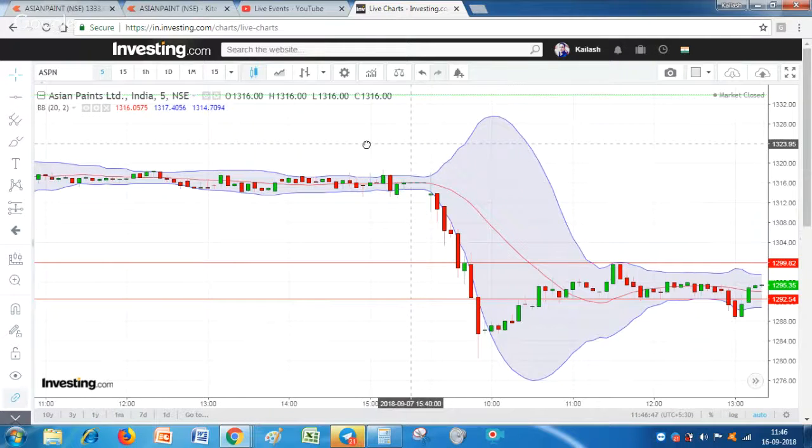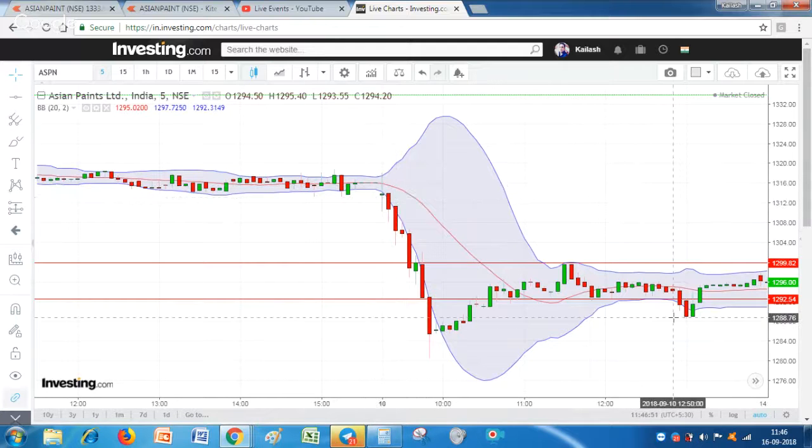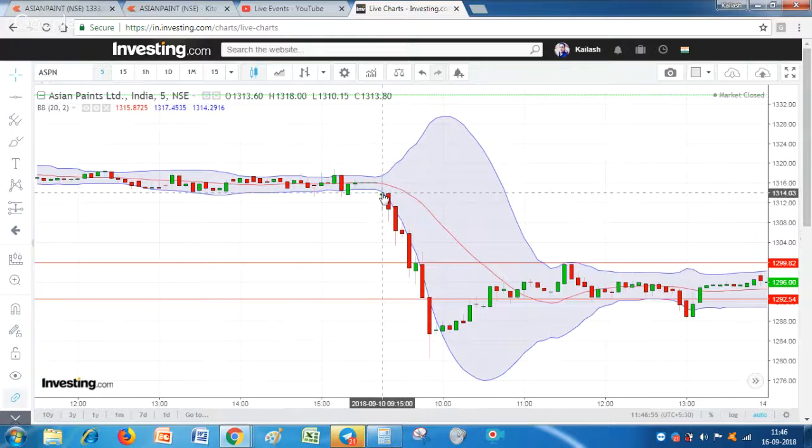So once the stock was in this range, it has given a move, actually on the next day. Yeah, it is the next day, in the opening range, the opening first candle. Okay, so it has given a big move from 1318 to 1310. After this there is a doji candle. After this candle, the second candle is a bearish candle.